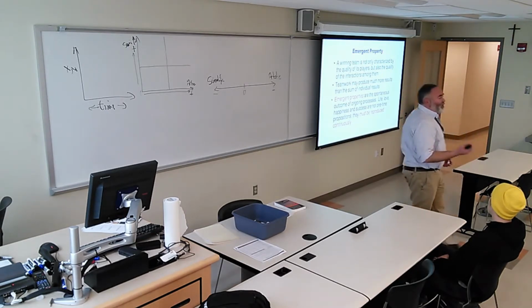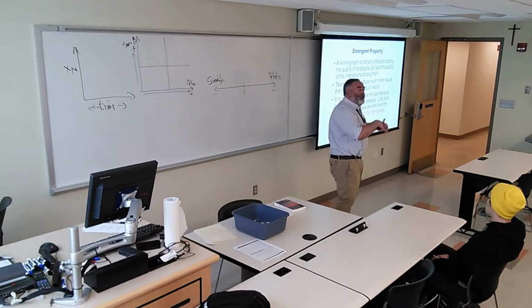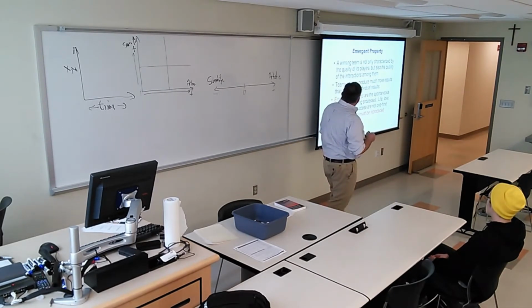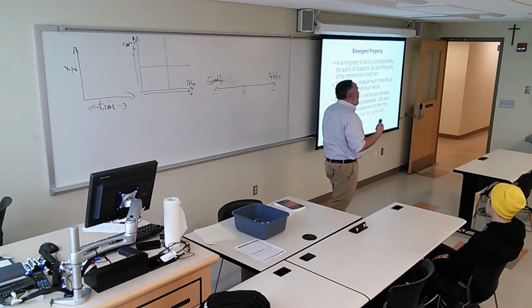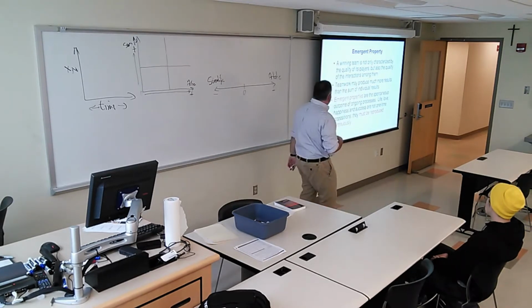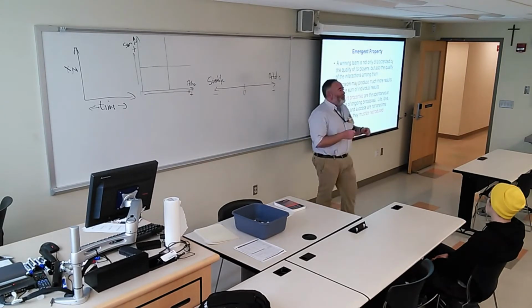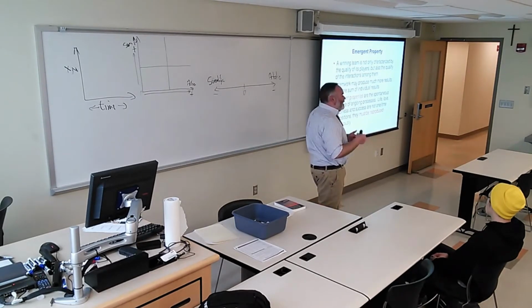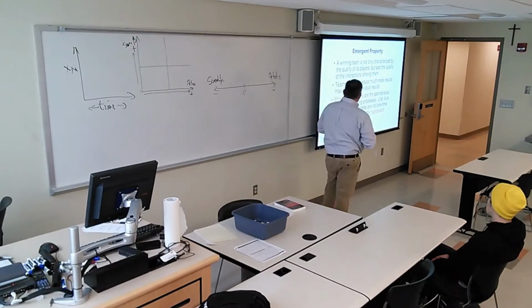Okay? Every week on your fantasy team, the individual players have to go out and play, and then you can go back and figure out how well they do. So that's an emergent property. Emergent property is a property that we can only measure once the system is functioning. It has to be running in order to find out how well it's doing. So it turns out that emergent properties, again, they're spontaneous. They're things that you measure while things are working, while the process is doing what it does.